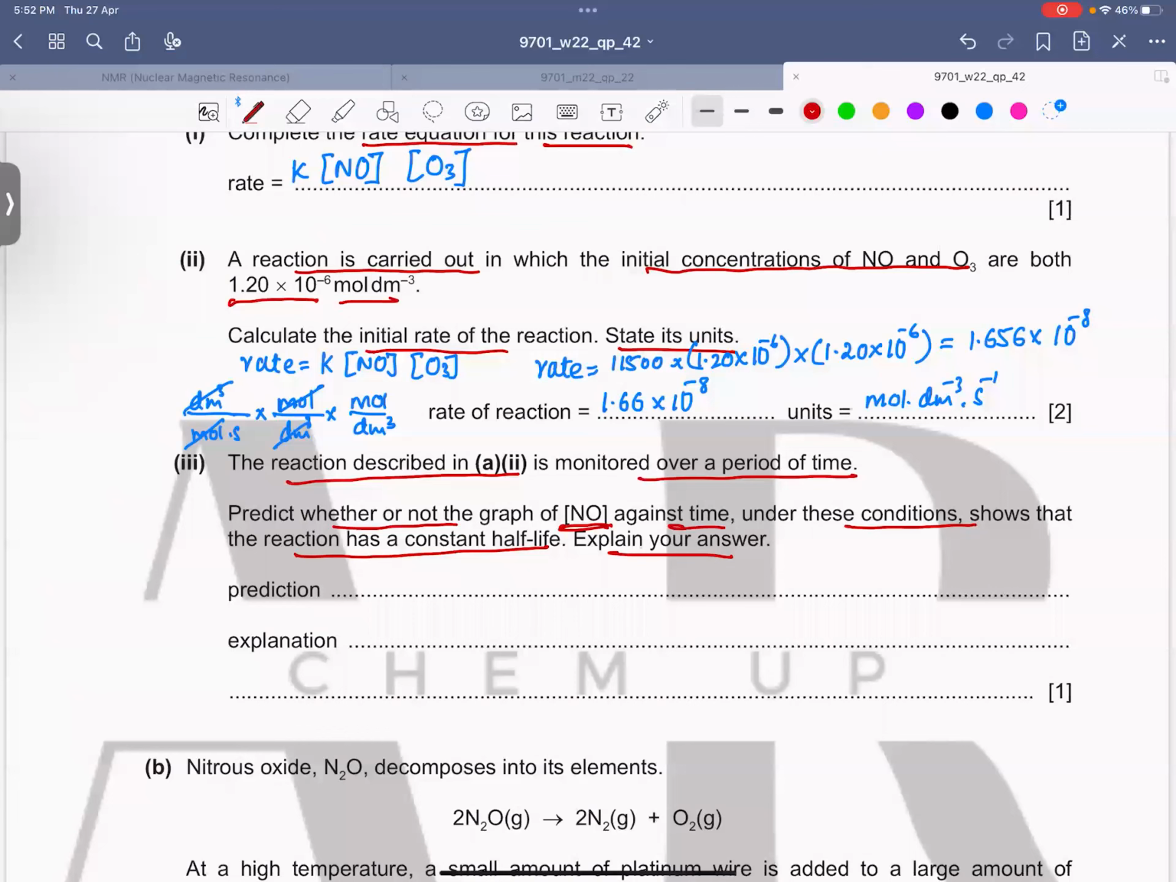Now listen to this part very carefully, okay? This is the important thing. The order with respect to NO is what? First. And the order with respect to ozone is also first. Now think, for example, if the initial concentration